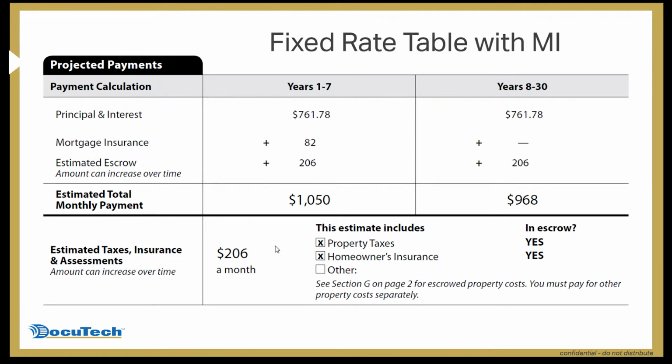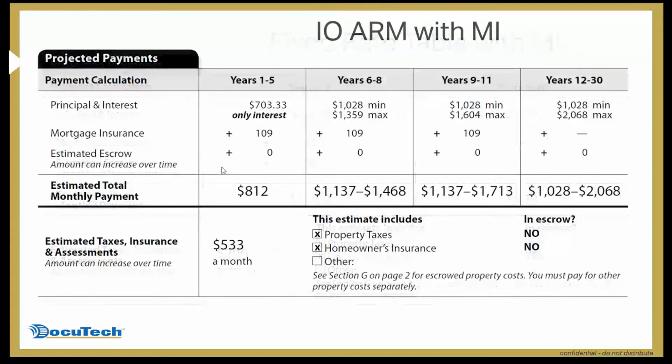Yes, and turning now to our IO ARM, interest-only ARM table from the CFPB with mortgage insurance. You'll notice that there are more than just one column printing here because different loans will have different features and different payments over the life of the loan. The CFPB has limited it to 4 columns, and whether you print the columns or not is going to depend on what type of event happens that would trigger a whole new column to print. Some of those triggering events are the principal and interest amount or range of such amount may change. For example, as shown on this example, if the loan is an ARM, your payment's going to change every time